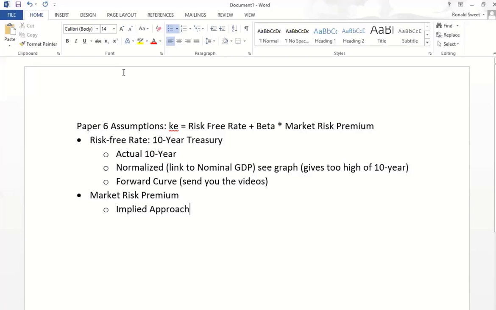So the implied approach, we're going to say the required return on stocks equals the expected return on stocks. We talked about that last week. And so, given that the required equals the expected, and the fact,